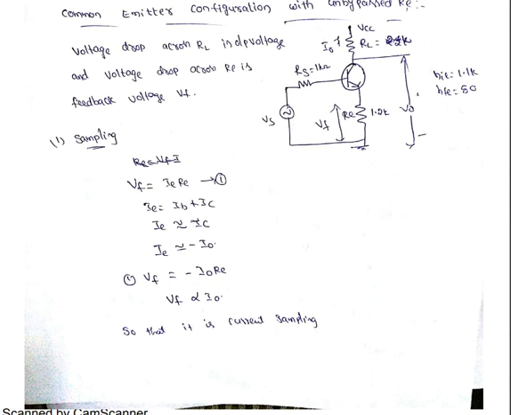When you find the sampling, the feedback is Vf equal to Ie. When the output voltage is short circuited, the current flowing through the emitter resistor is not equal to 0, and I is nearly equal to I0. If I0 is 0, so that the output current is an open circuit, then Vf is equal to 0. So Vf is directly proportional to I0, so it is a current sampling.